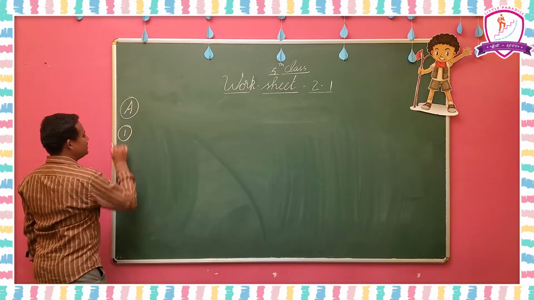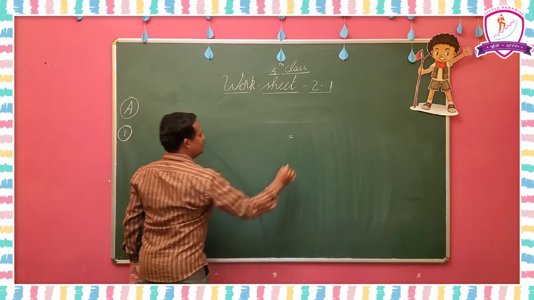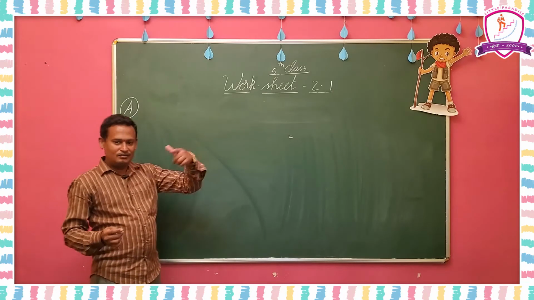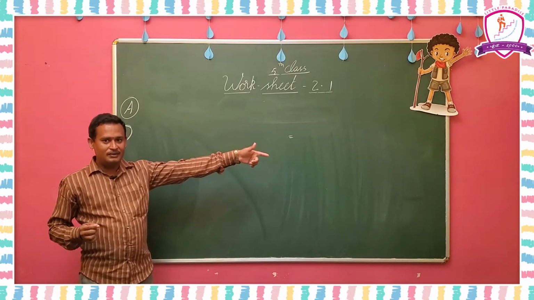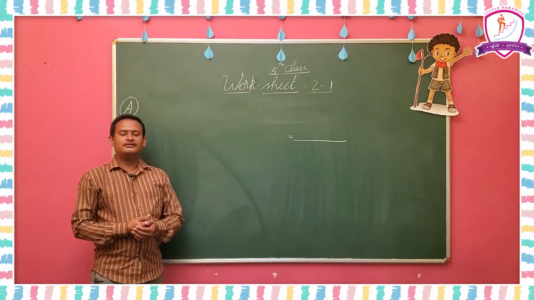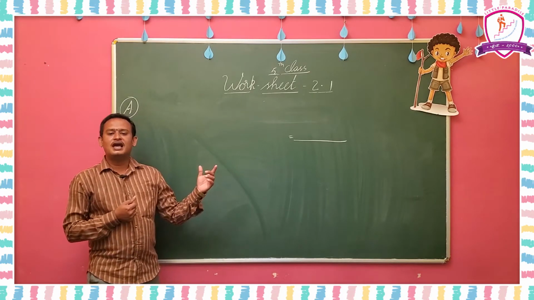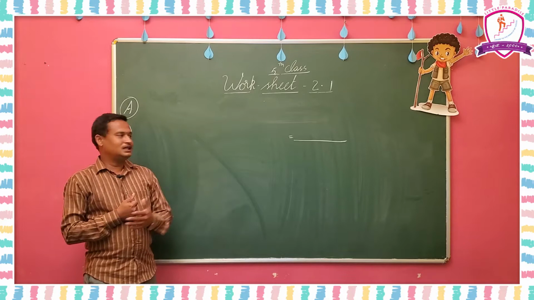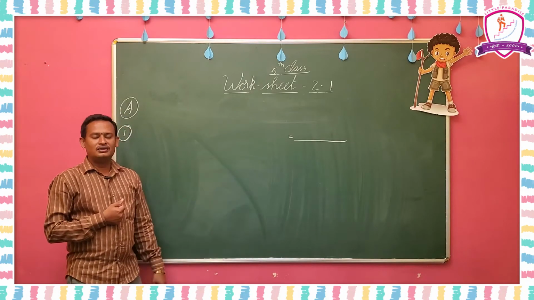I am going to explain the first one. This number name is there in your book only. You have to read that, and I am going to write the number. Okay. So what is the first question? 36,04,023. Now I am going to write the number for that.